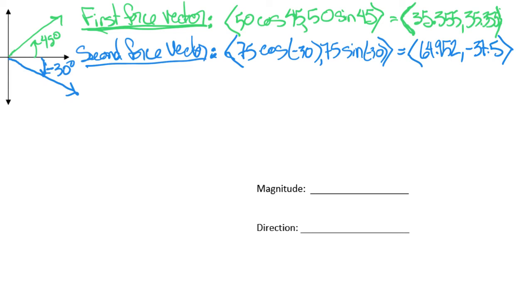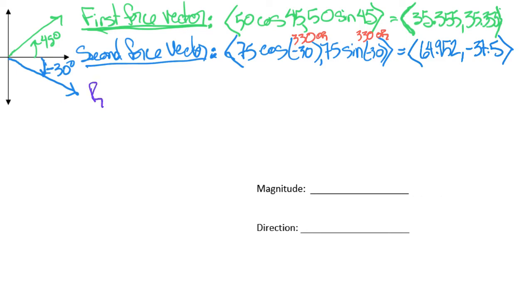Now you could have done a positive 330. That would have been the same. We'd get the same answer. Let me just stick that in there. Could do a positive 330. Or that negative 30. So we get 64.925 and negative 37.5. So let's find the resultant vector